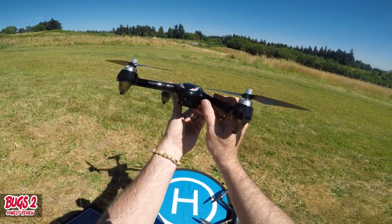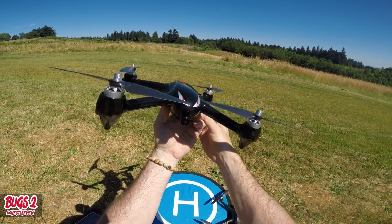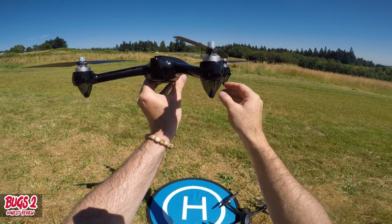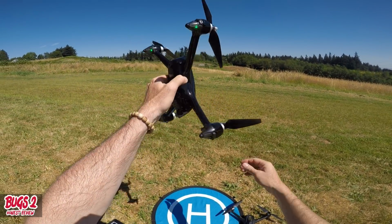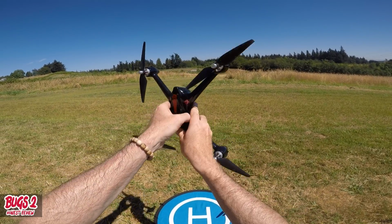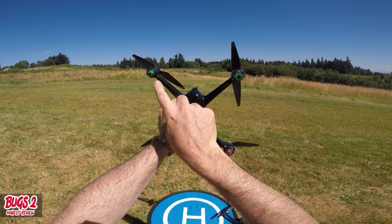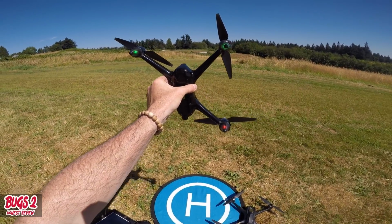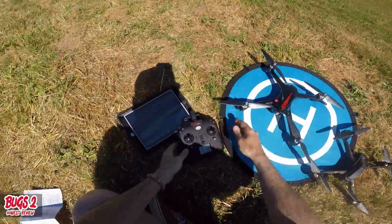You're going to do 3 rotations, 1, 2, 3 here, and you wait till you see a solid light. It'll turn green, and that's when you go to the next one. The green is blinking. Face down, 3 rotations, and you should see those green lights stop and go green. Solid green in the front and in the rear, and red in the front. So now we're ready to calibrate